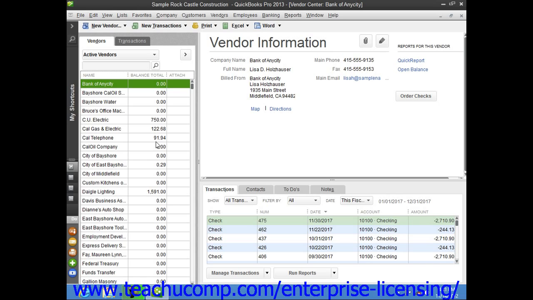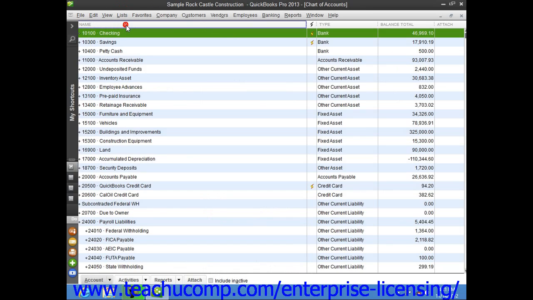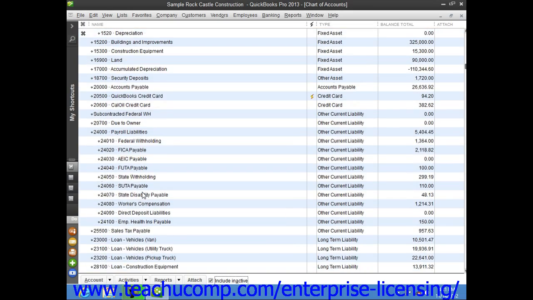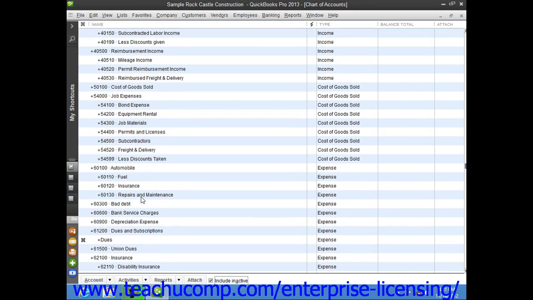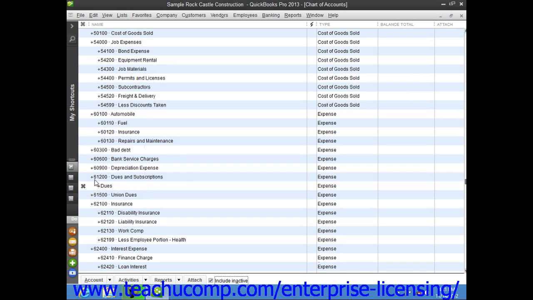Now, to see the inactive list items within a list, such as the chart of accounts, for example, you can check the Include Inactive checkbox that appears at the bottom of the list window. You will then see all of the accounts, and any inactivated ones will appear with a little X to the left of their name. To reactivate an inactive account, simply click the X that appears,